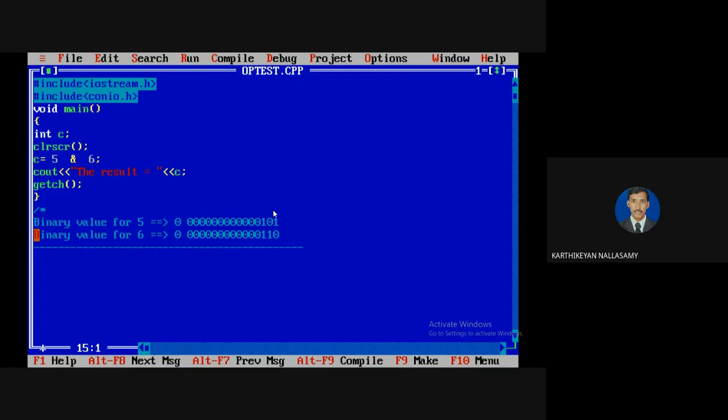Now I'm going to apply the AND operator to 5 and 6. The operation is performed including the sign bit as well. Now you know the truth table, so you apply the AND operator for every digit in each column. In the columns with 0, 0, the value is 0, and so on. In this case, 1 and 1 is 1, 0 and 1 is 0, and 1 and 0 is 0. So the answer is,